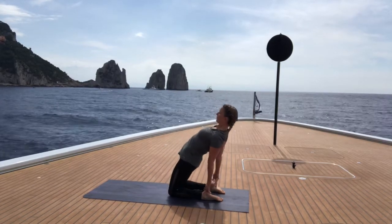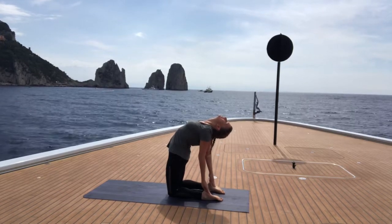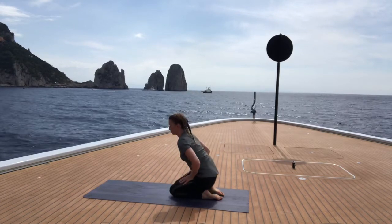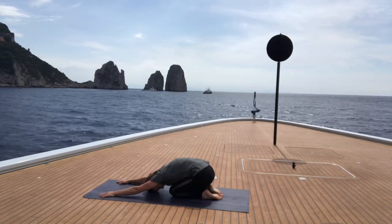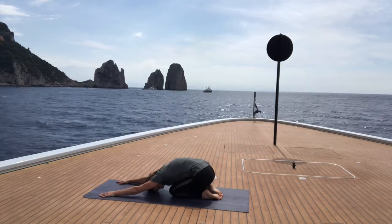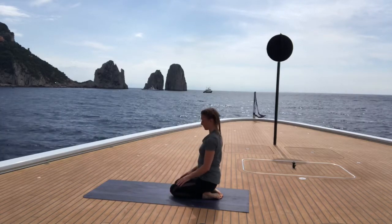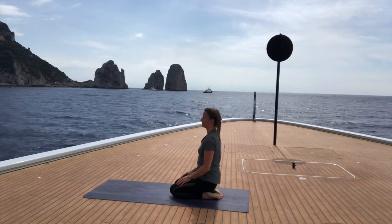knees, reaching back into camel pose as you drop your head back and lift your hips forward into a strong back arch, coming forward for your counter pose, back into pose of a child with your arms outstretched. And then just lifting up your chest slowly, taking a moment to breathe in this position as you finish this